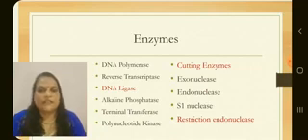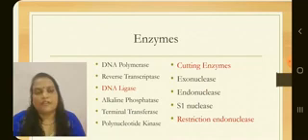For joining the DNA strands, which is also called ligation, the enzyme required is DNA ligase, also called polynucleotide ligase. Many other enzymes are also required for the genetic engineering process, which include DNA polymerase. DNA polymerase is involved in DNA synthesis. It adds nucleotides to the growing strand during DNA replication. Reverse transcriptase is required to construct DNA from RNA template. It is required during cDNA preparation.